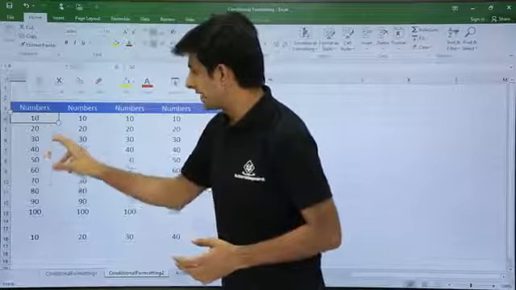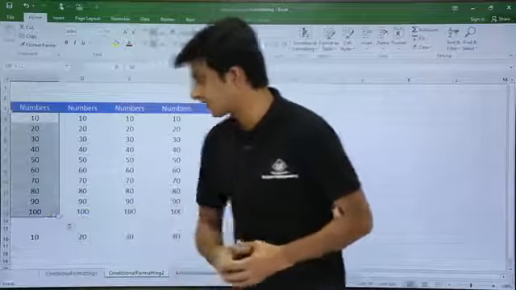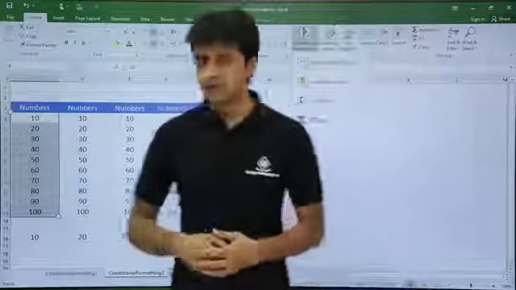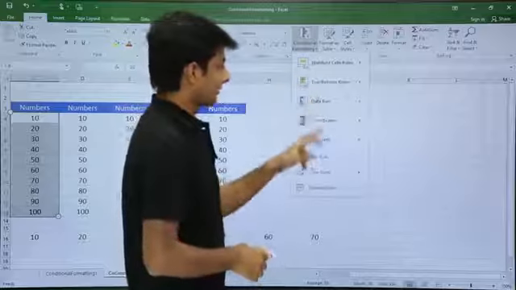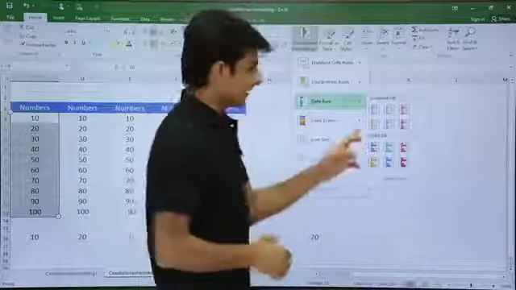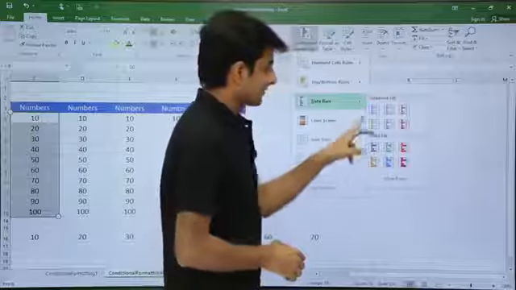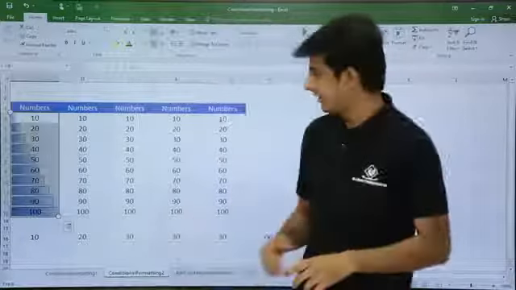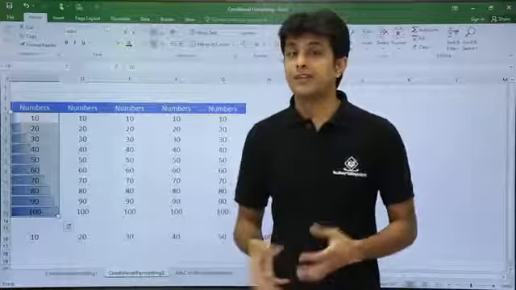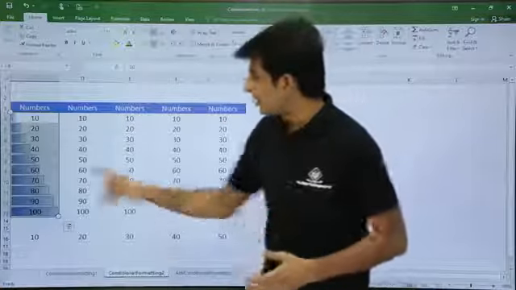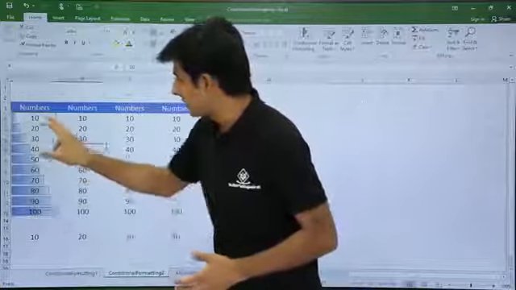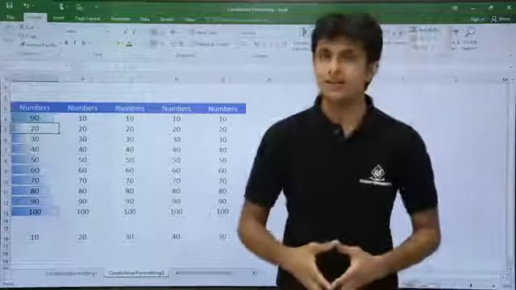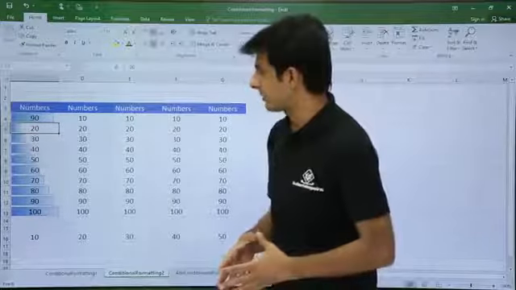Now what I'll do is I'll select these numbers, that is 10 to 100, and I'll go to conditional formatting this way, and you see on the screen right now it is given as data bars. So for these data bars, if you see there are different types of colors which are given. I'll select some of them. Let's say I'll go with the gradient fill, the first option. Now if you see on the screen, an inbuilt graph is displayed within the cells, so that can be changed. So if the number within the cell changes, for example, if this number 10 changes to 90, the graph inside the cell automatically changes. So this way you can use data bars.